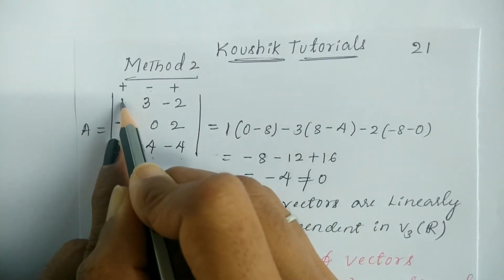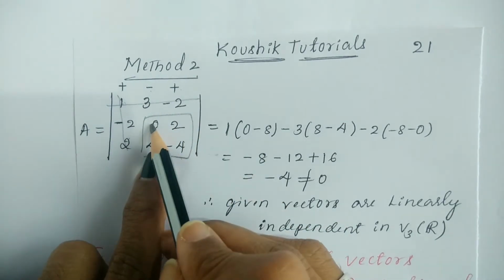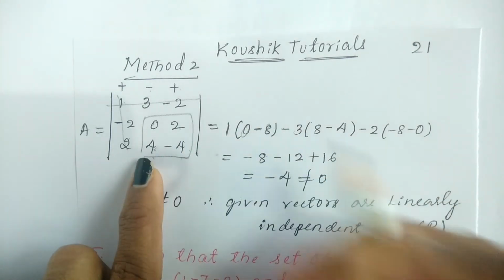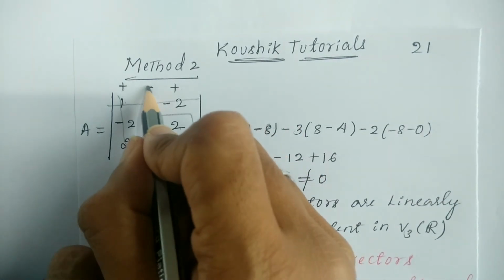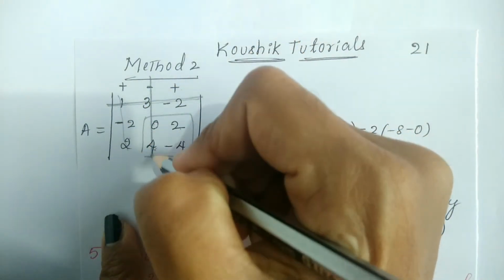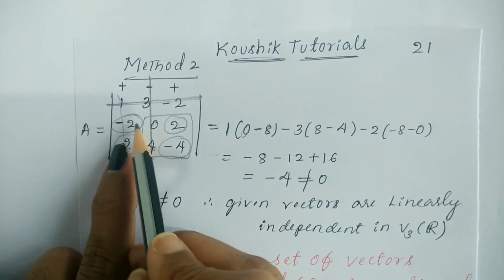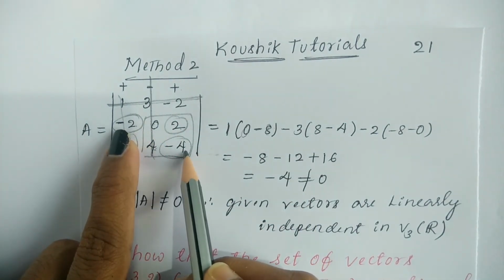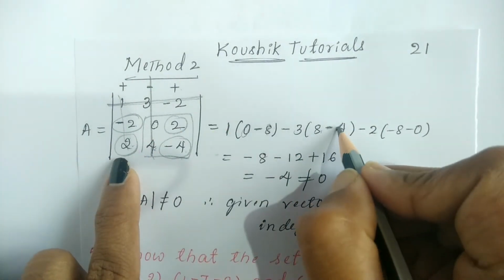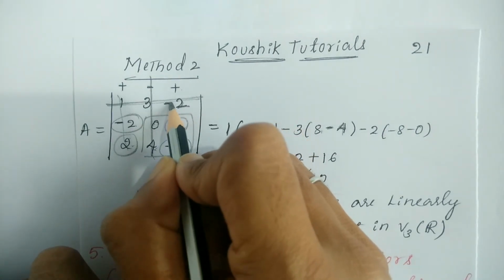1 plus 1 into. So remove this one and take the determinant of this. So 0 into minus 4, 0, minus 4 into 2 is 8. Is it okay? Next, minus 3. So minus 3, this belongs to the row 1 and the second column. So we get minus 2, minus 4, 2, 2. So minus 2 into minus 4 what? Plus 8, minus 2 into 2 is 4. This is okay.